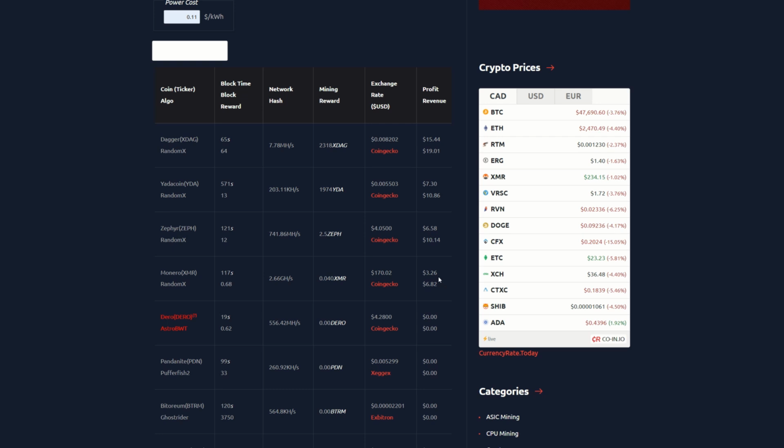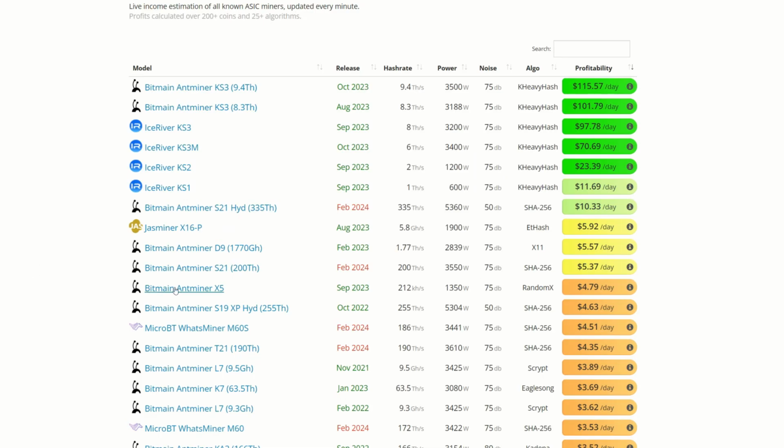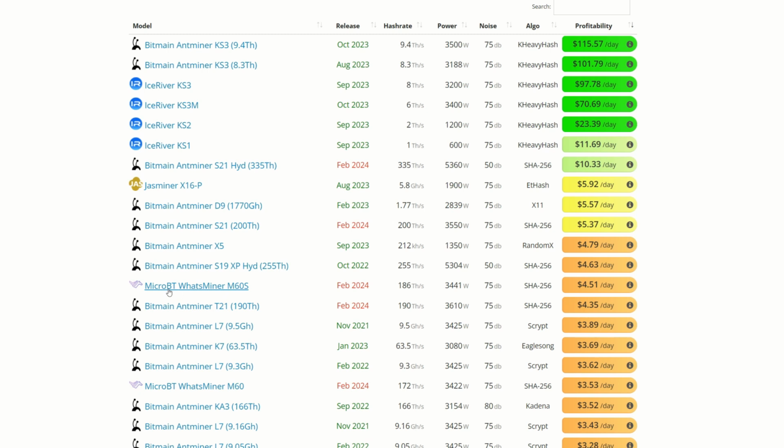What the heck are other... Hold on a second. I'm going to check out ASIC miner value for a second. All right, looking at some ASICs, I just wanted to see what it was saying for the X5. It's saying $4.79. That's not too bad on here. Again, mine was showing 3 something. I'm assuming this probably isn't updated all the way. I do know my numbers are a little more accurate. Anyway, coming in here, we are looking not too bad on the X5 on just XMR, which is crazy to